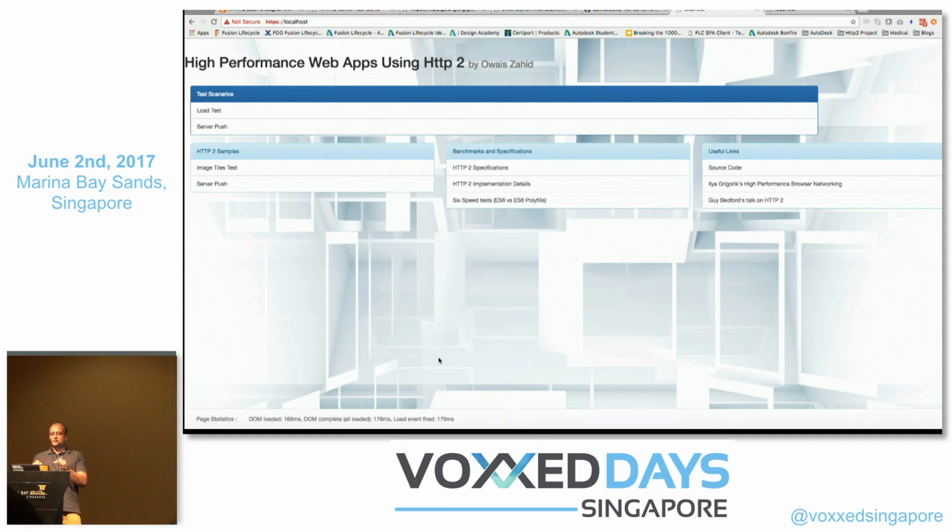This is a small application I created, with 2 test scenarios. The main purpose of creating these by myself is to have a hands-on understanding of the features, and to better understand what HTTP2 is offering. So let's look at the samples, and then we will go to the code.